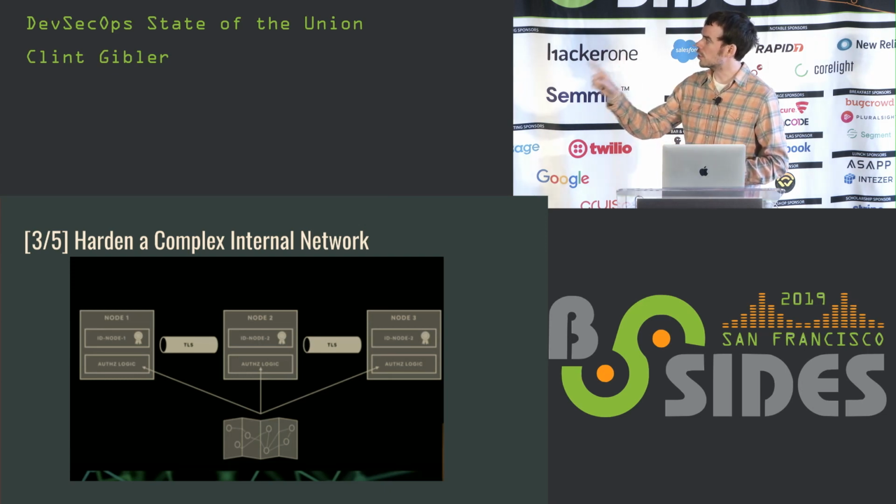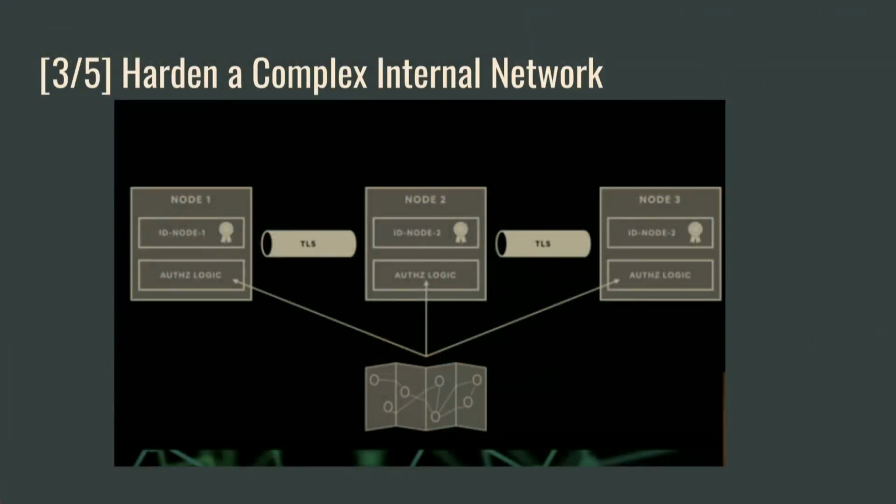So each node here at the top represents a service in like a microservice architecture. Each service has an X509 certificate for identity. The communication between each service uses mutual TLS. So unlike when you're browsing the web and the TLS you're using allows you to authenticate the server you're talking to, for mutual TLS, the server also knows who's talking to it. So it's sort of bidirectional identity is known.